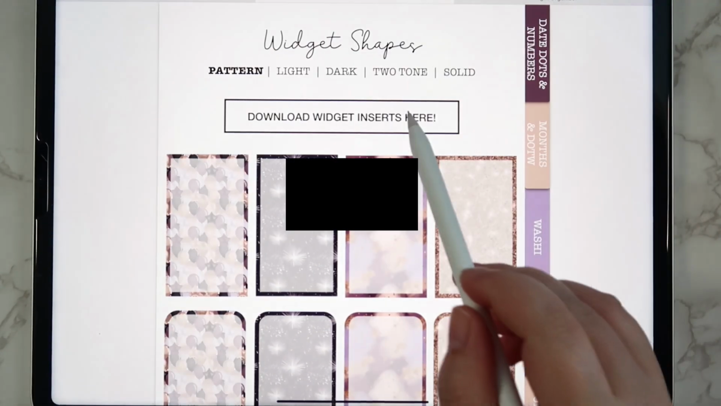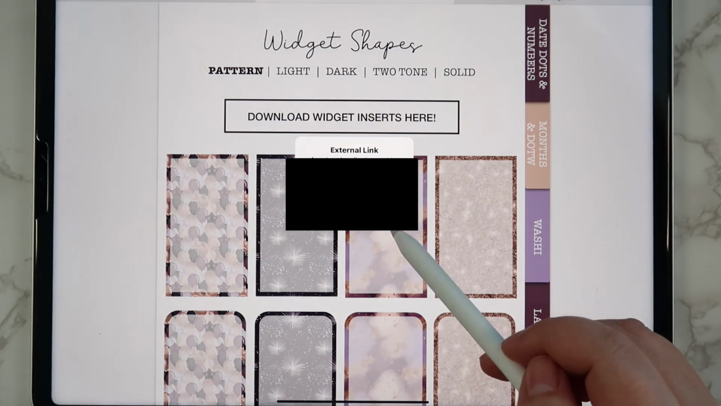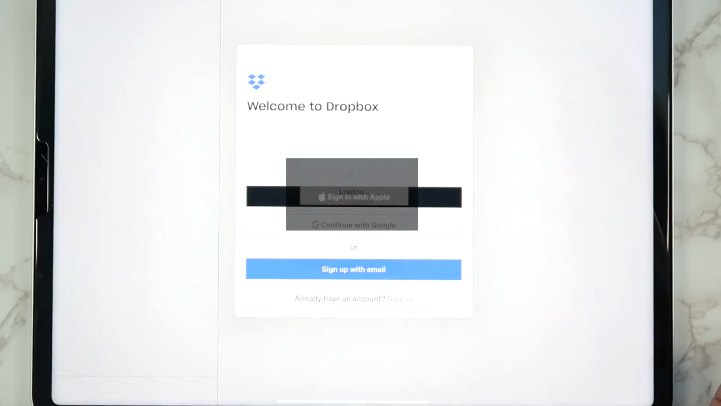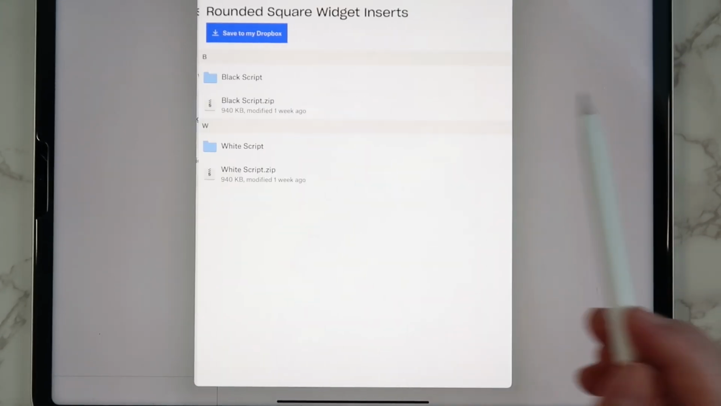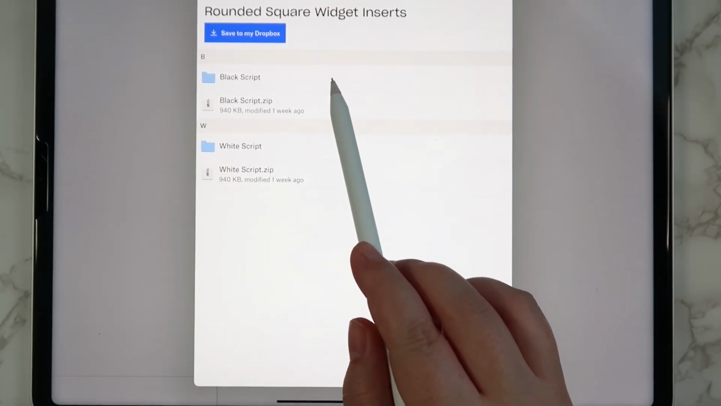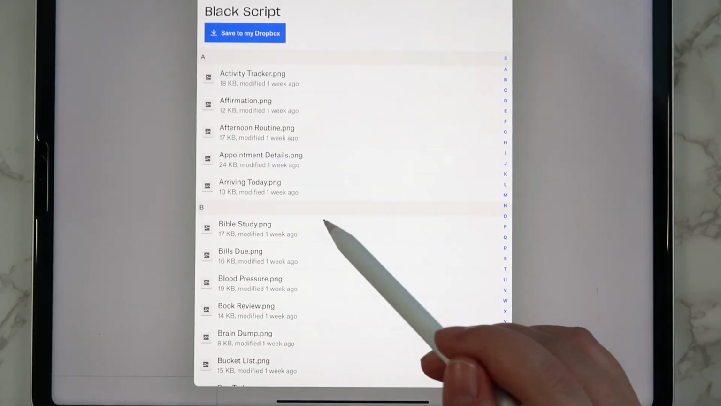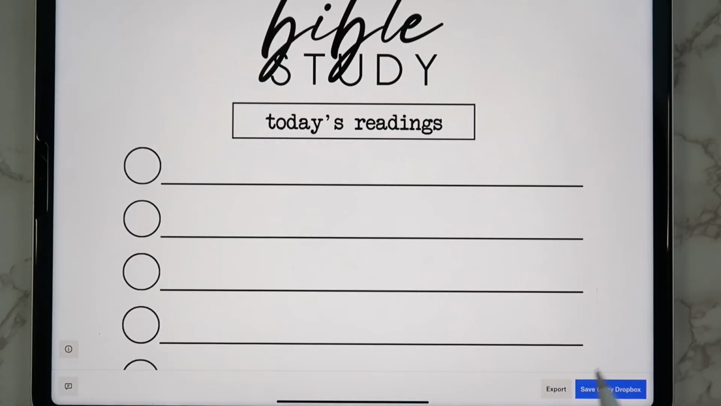We will go back to this little button up here where you can download your widget inserts. Go back to Dropbox. Go to the rounded square widget inserts. I'm gonna use black script for this one. And we'll just do the same one. We'll do Bible study. So you can see there it is there. Export, save image,